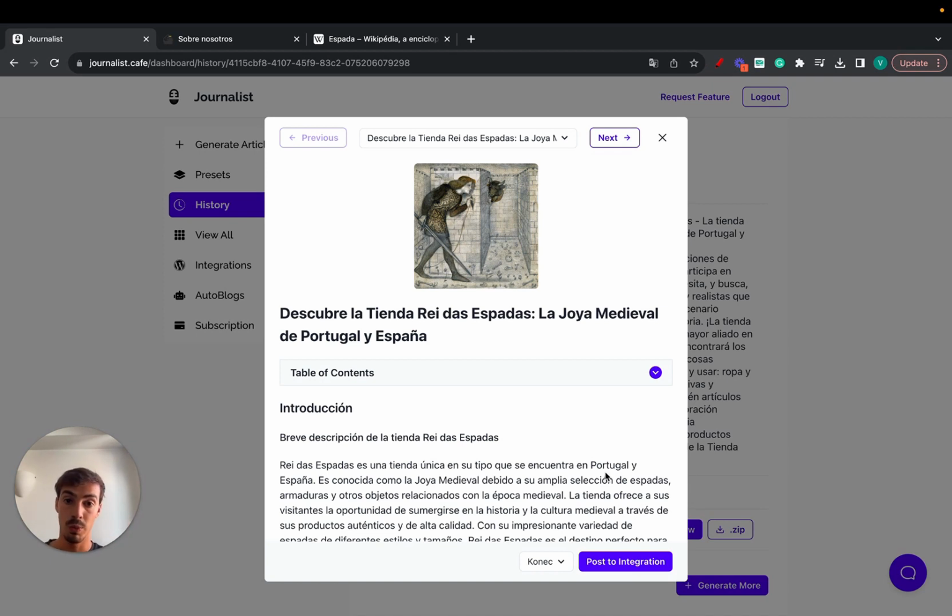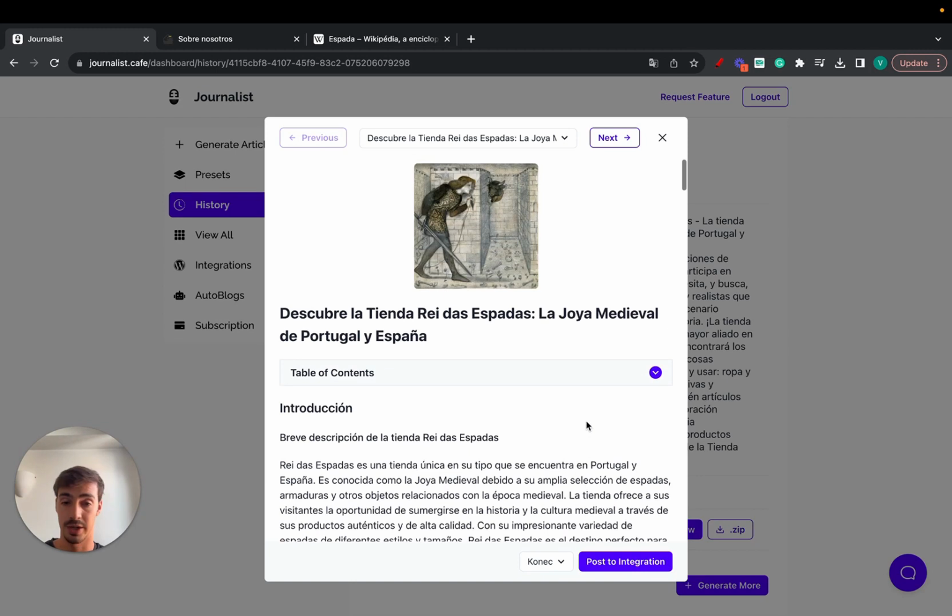Because we already went out, looked for the images that made sense, put them in your article. If we had set it up on here, internal links and external links, we already went out and did the internal links, did the external links for you. You just need to copy this or just post it straight to WordPress and you're done, right? So the time in which you can post and write an article is much shorter than if you were to write this whole